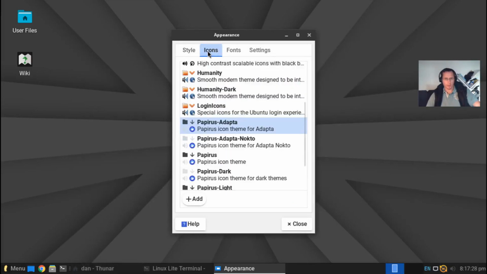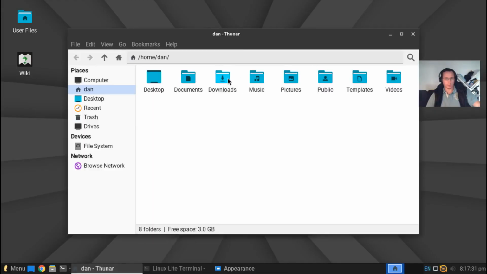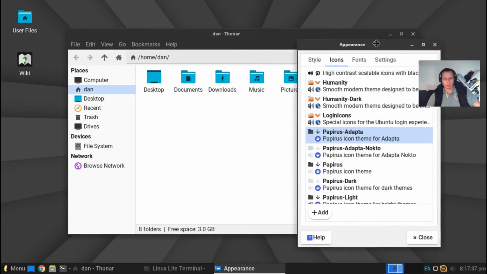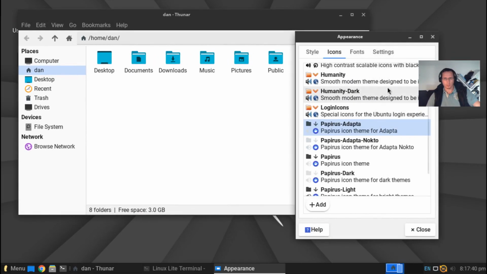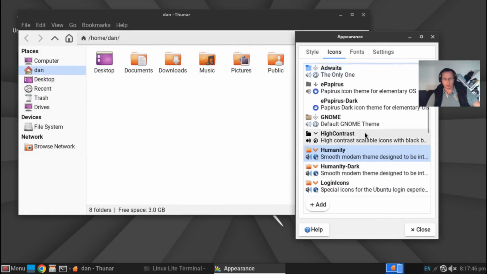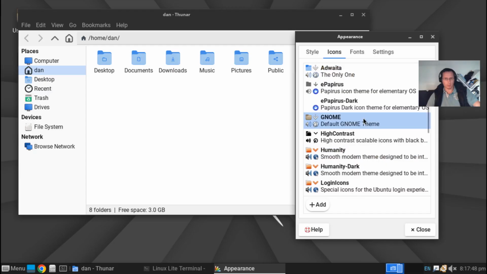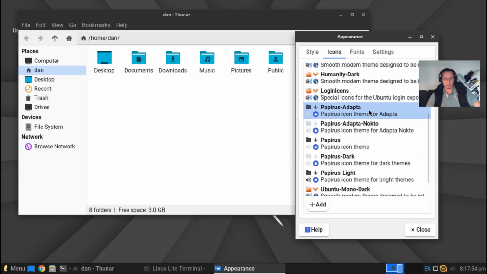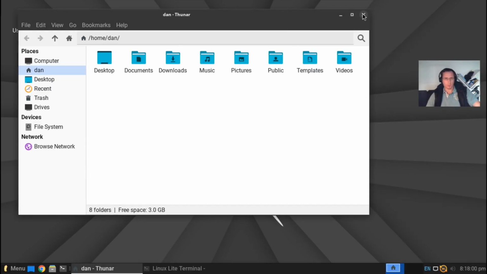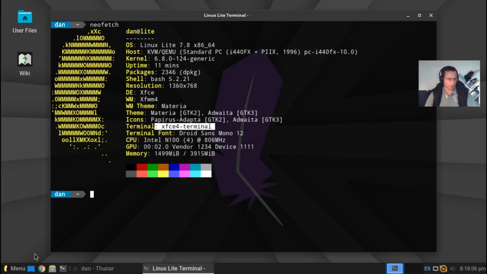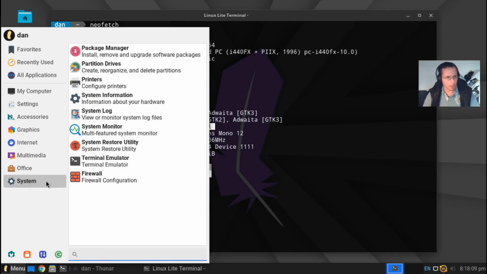Just to show you, then the icons, Papyrus adapter icons. So let's do it this way, then you can see it. Humanity, the Ubuntu icons available as well. Add weiter, and the old GNOME. So let's stay with Papyrus adapter, and that's it. Okay, and then let's have a look in the terminal, and then I also show the Linux Lite